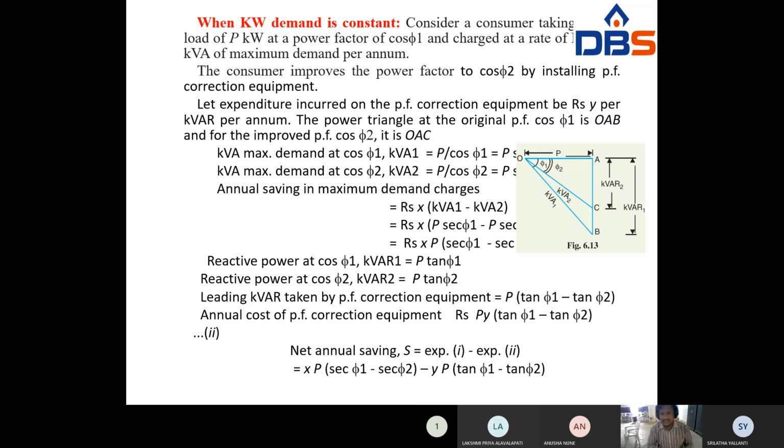Now kVA maximum at cos phi 1 is equal to kVA 1. So what is the power factor? Cos phi is equal to kilowatt by kVA. What is kVA? kVA 1 is equal to P by cos phi 1. kVA 2 is equal to P by cos phi 2. Now the annual saving in maximum demand charges is